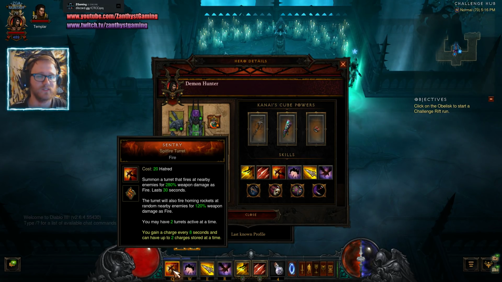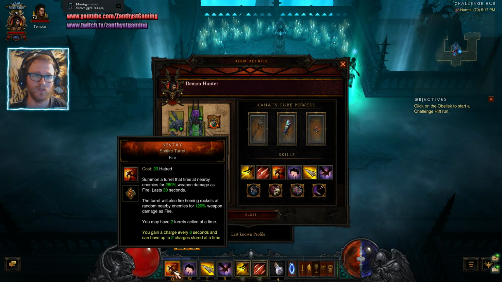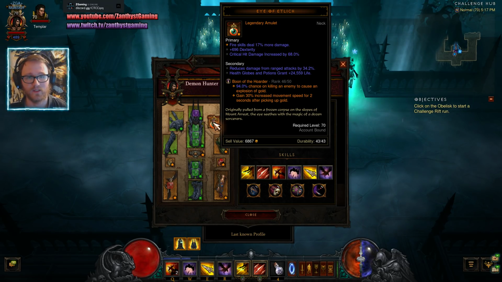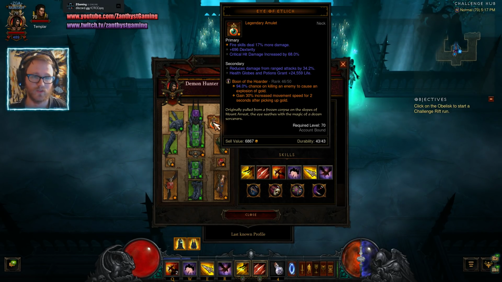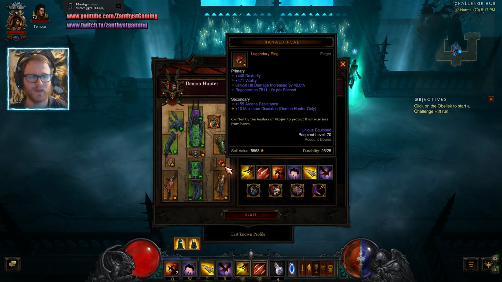I'm not going to use the Sentry Turrets at all other than on the Rift Guardian, and only on the Rift Guardian because I have to kite a lot to stay alive. The Rift Guardian is by far the hardest part of this. The Boon of the Hoarder is completely wasted because it's a greater Rift, along with all these things. They're completely wasted. The Mantled Heal,